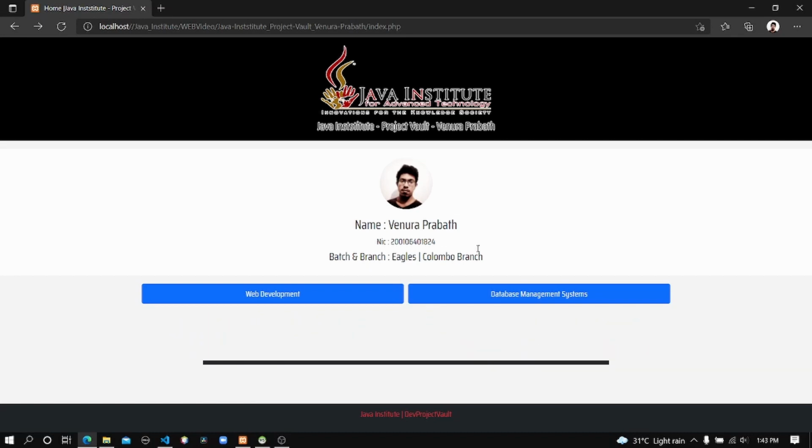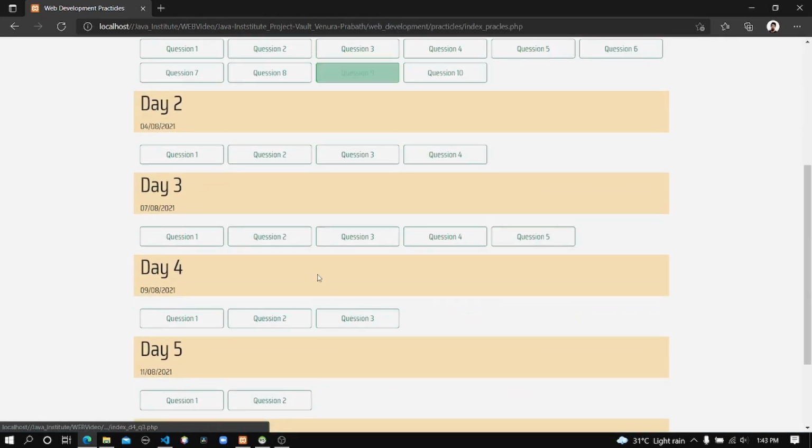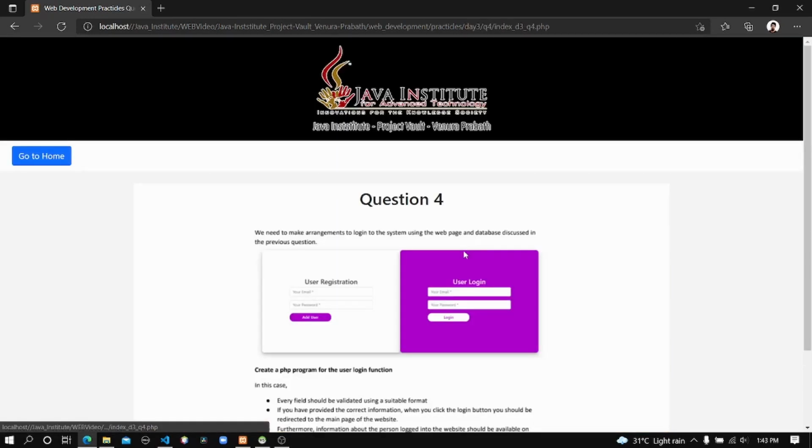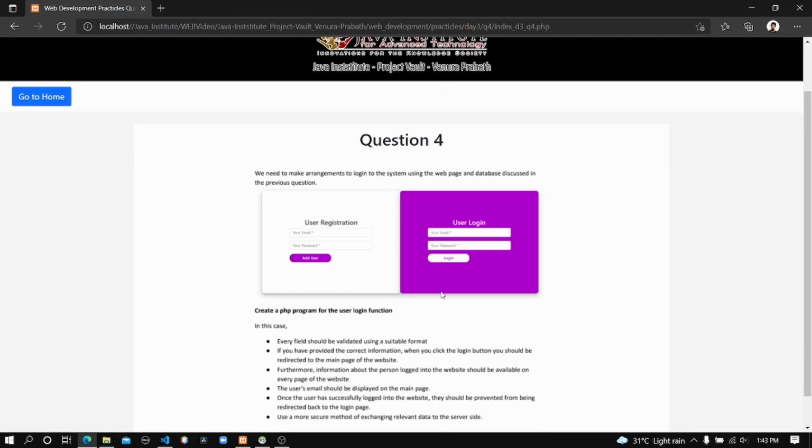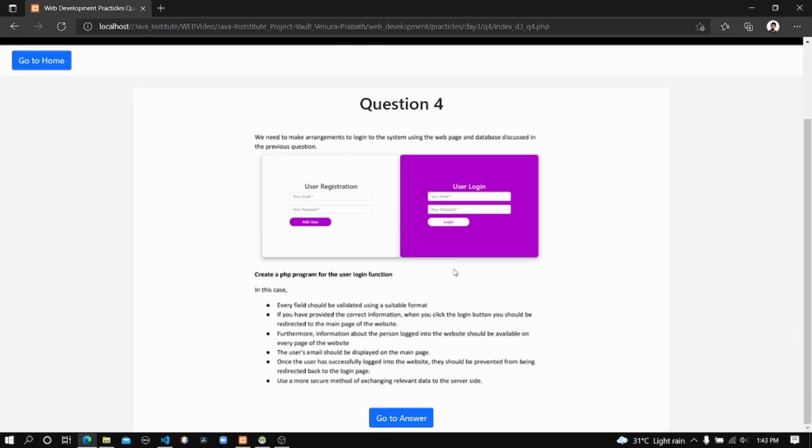Today I'm going to discuss question 18 of my question list. Let's go to our question list. Here you can see under day 3, here's question 4. This question is also the 18th question, the row. As usual, I'm going to read the question first, and after that we can discuss my code.